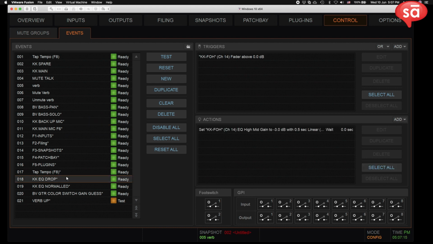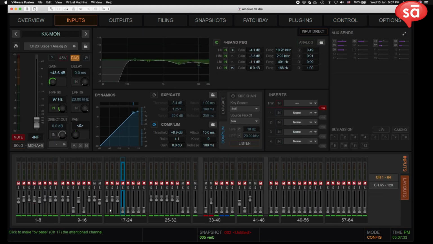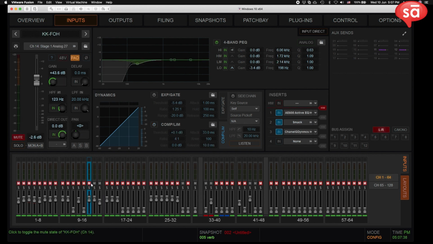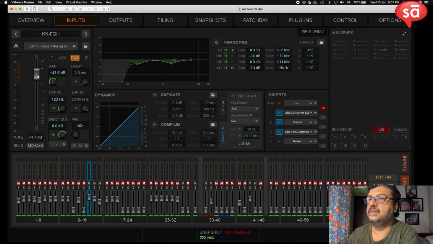Then I also have an event where, if KK is singing softly and I have to bring his fader up, but I'm very scared of getting a little bit of feedback, maybe from the front wedges or from the center fills, this curves out the high mids in his EQ. So let me show this to you. I hope I'm on the right show file. Let's see if this works. Yes, it does. So if I go over 0,